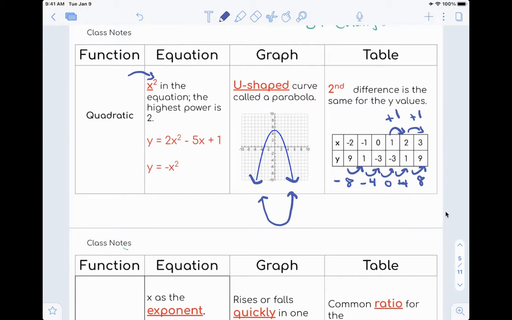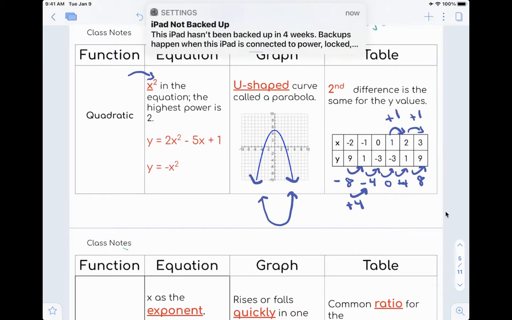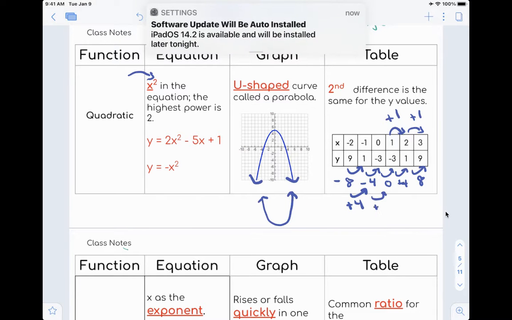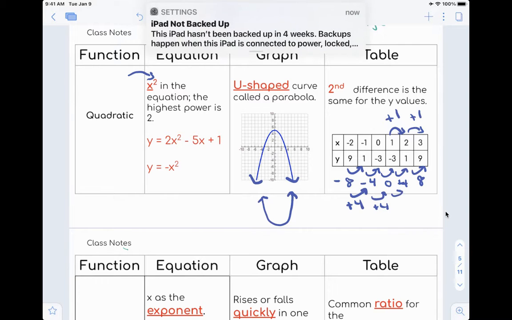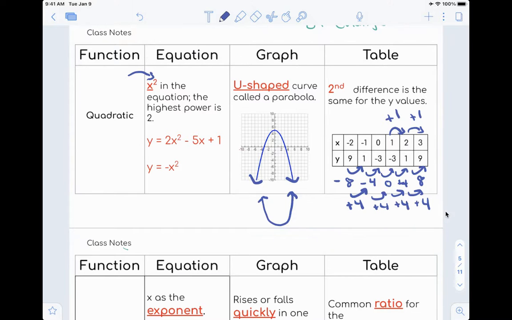So I'm going to try the second difference. To go from -8 to -4, that is an increase of 4. To go from -4 to 0, that's an increase of 4. To go from 0 to 4, that's an increase of 4. And to go from 4 to 8, that's an increase of 4. So I see that the second difference is constant in the y's, and that is how I know I have a